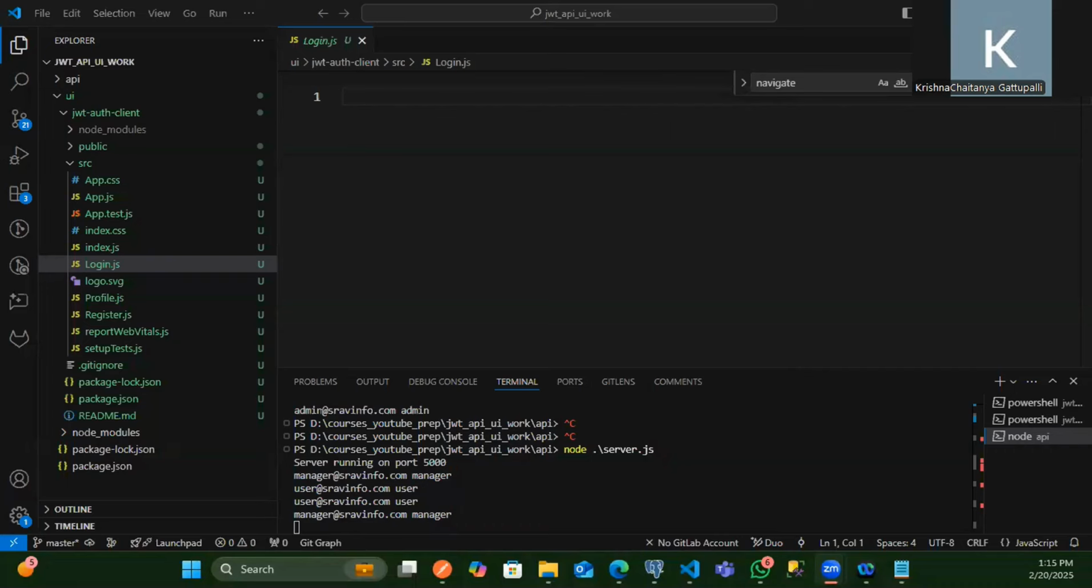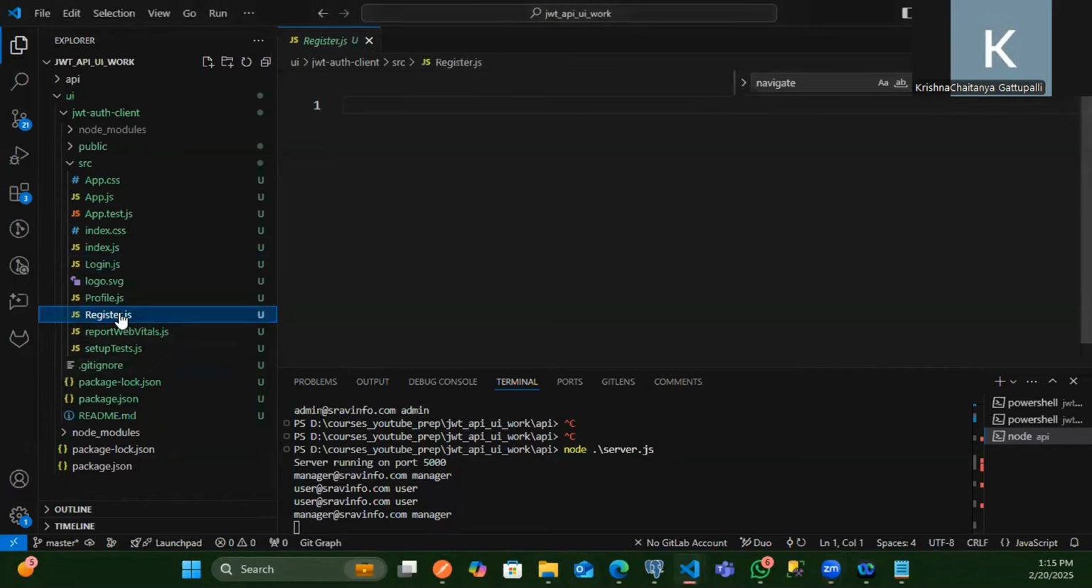So guys, we will now see about this Register and also Login, and also the user profiles like Admin and Manager and Profile components. So first, let us go for the Register part. So in the Register,